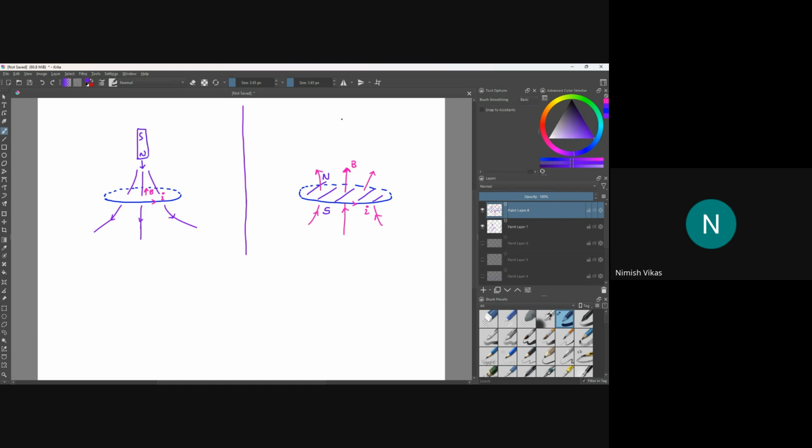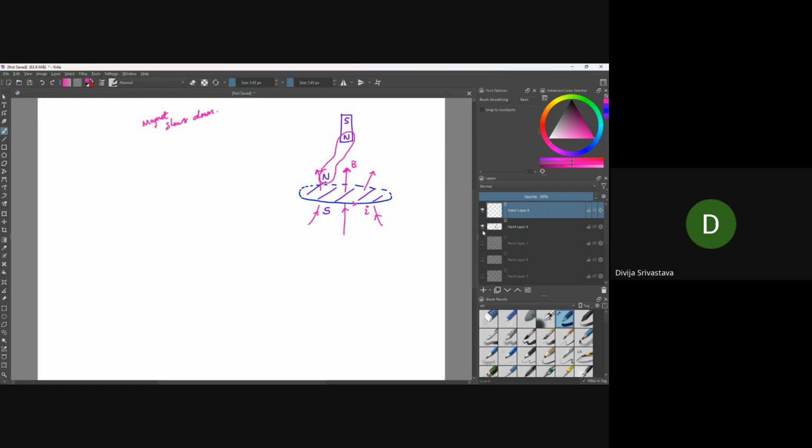So when you have a magnet whose north pole is closer to the loop, these two north poles, which are close to each other, are repelling. So that's why the magnet sees an upward force. Okay, magnet slows down. So that's what it is. Any questions on Lenz's law further before we move on? No, sir. Okay, then let us look at